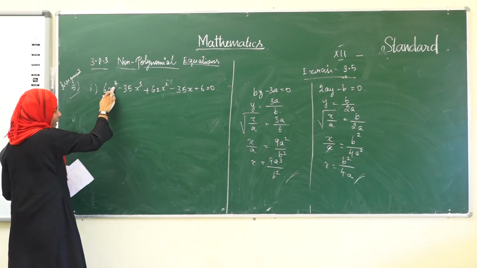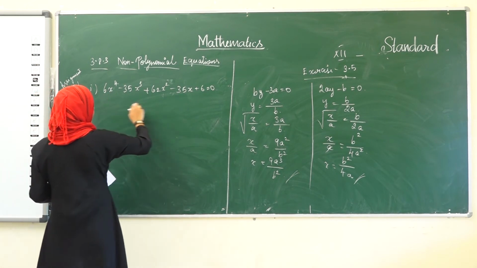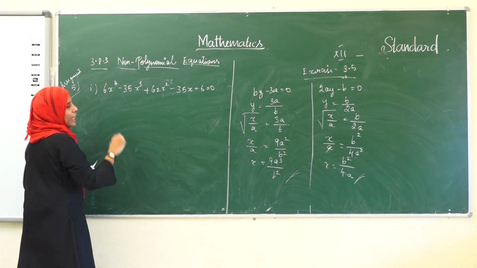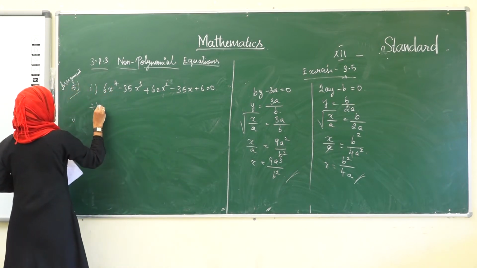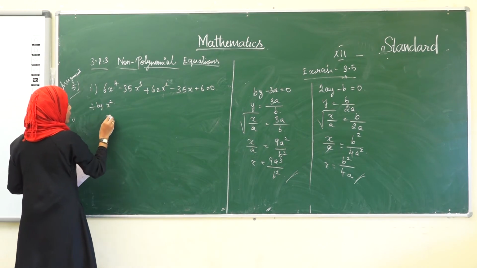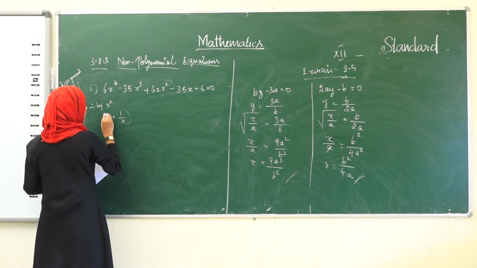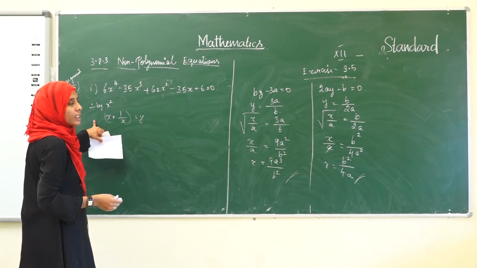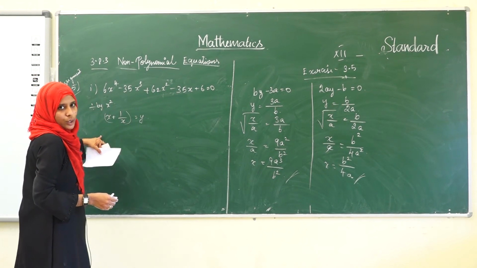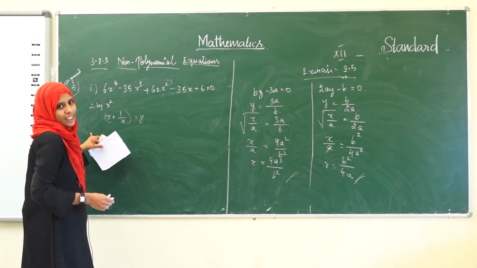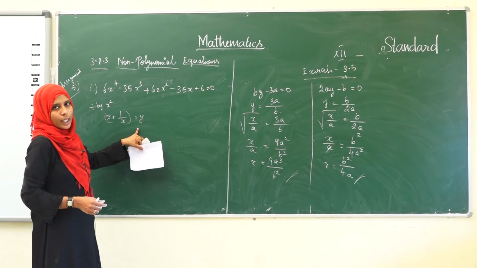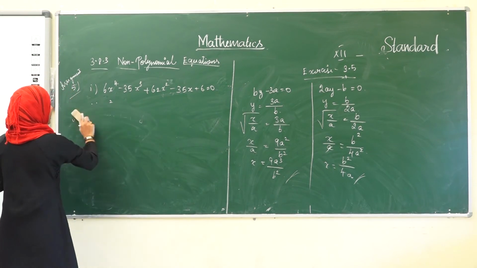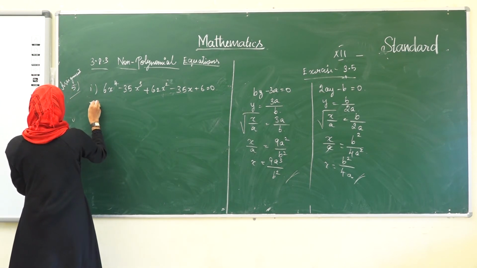See, this is an even degree polynomial equation, of type 1. Therefore, what are we going to do? We are going to divide everything by x squared. Then we will take x plus 1 by x as y. On applying this, the equation will be changed, right? Then we can solve this easily. We get two values of y, then we substitute it and we get the 4 roots. Okay, this will be the assignment for you.